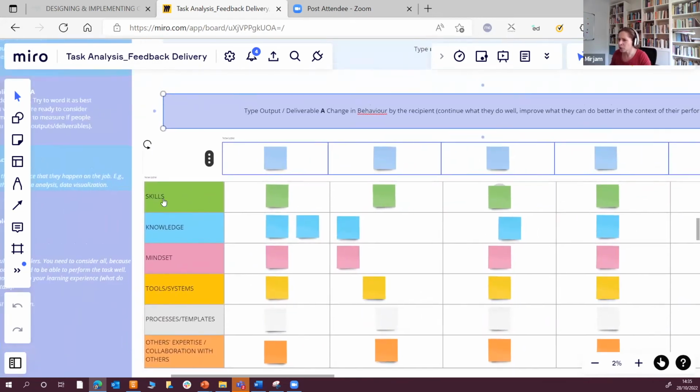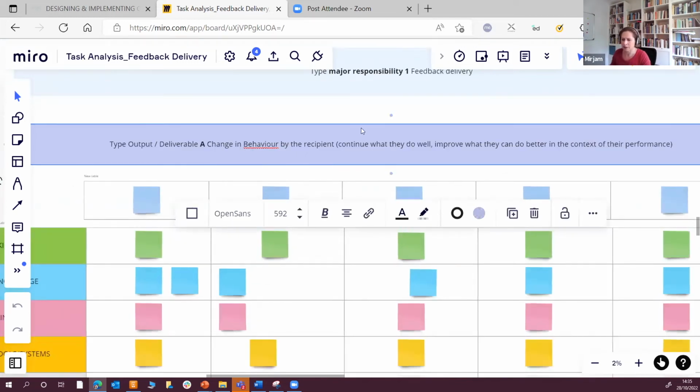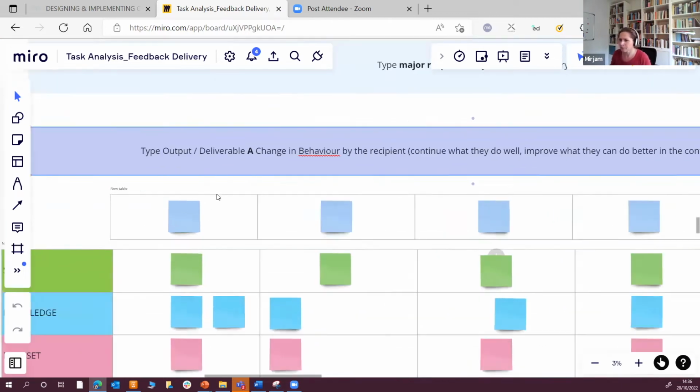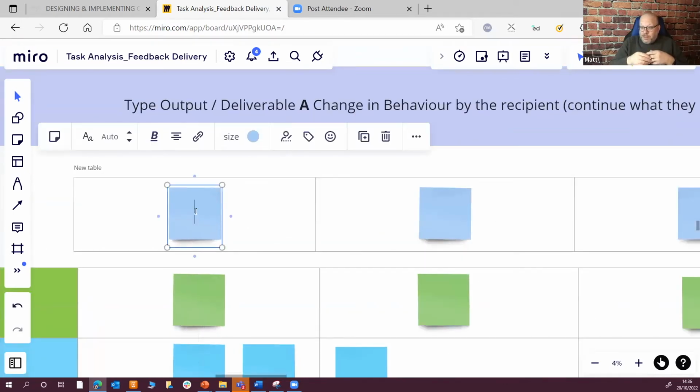So what we're going to do first, when you look at the light blue stickies here, is talk about the steps that you take to get to effective feedback. We're going to dive in deeper later, but first we're going to talk about steps. Okay. So what's the very first thing you need to do when delivering effective feedback? First, determine what your feedback is about. So, did you observe something that needs to be fixed or that needs to be reinforced?